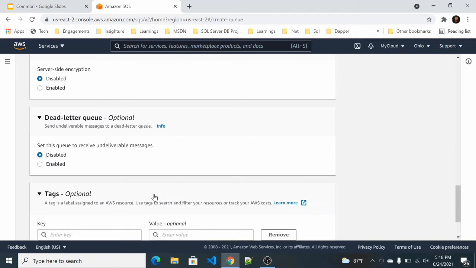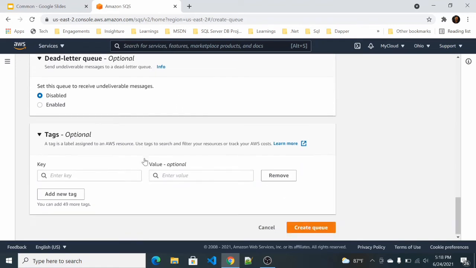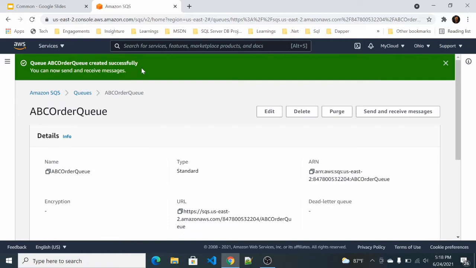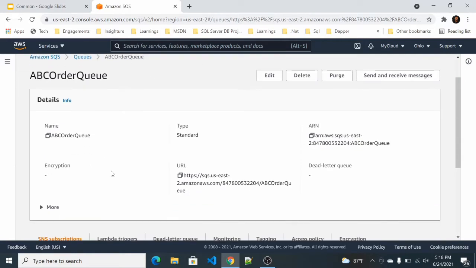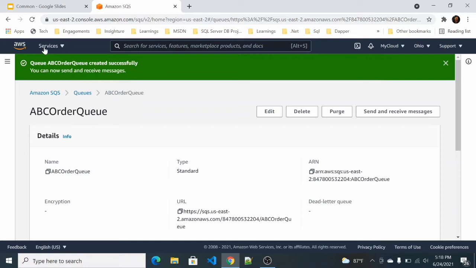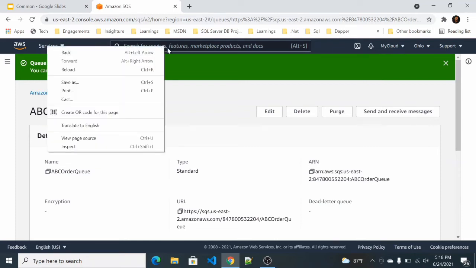I'm not going to select any tags for this demo. Just to create the queue, click on create queue. Yeah, as you can see the successful message. The queue has been created. Now the other part we need to create is the